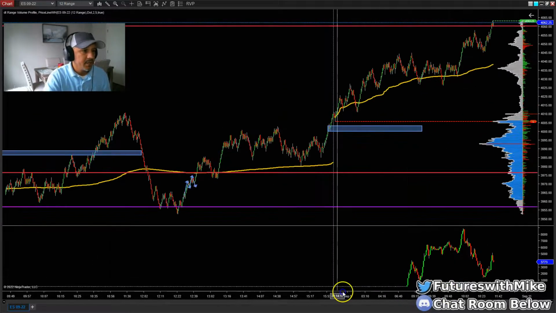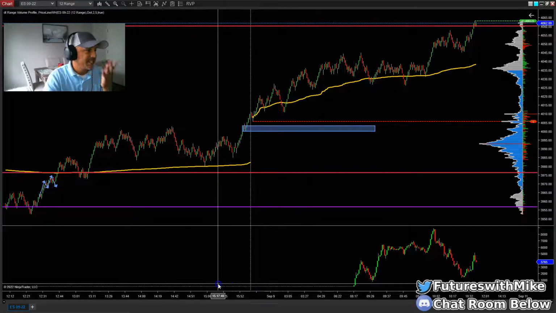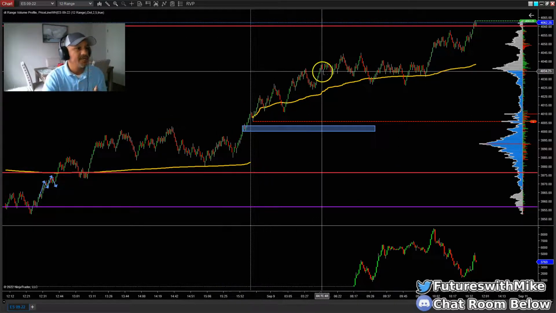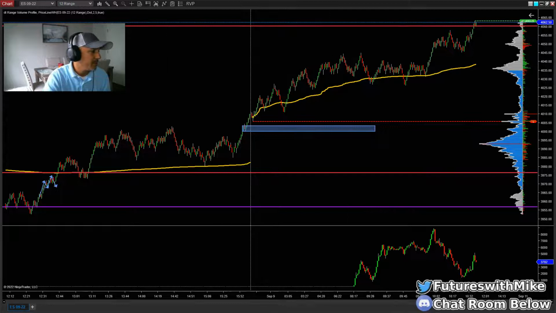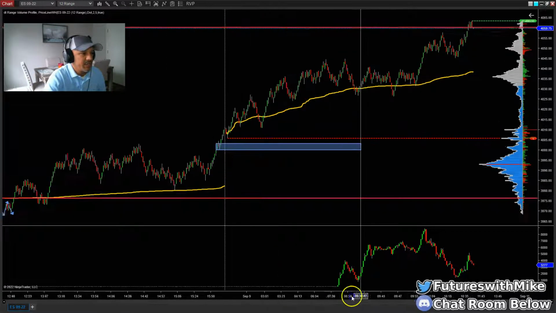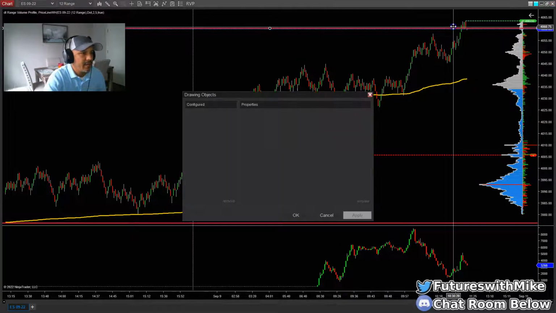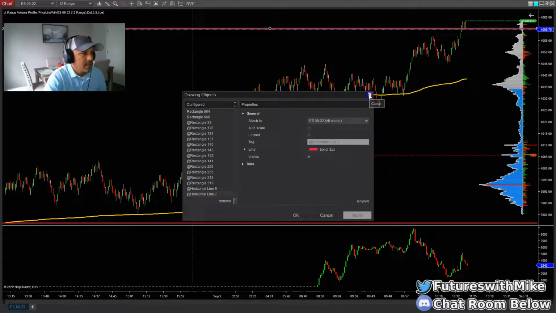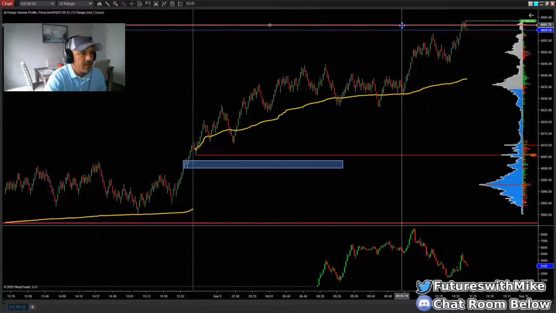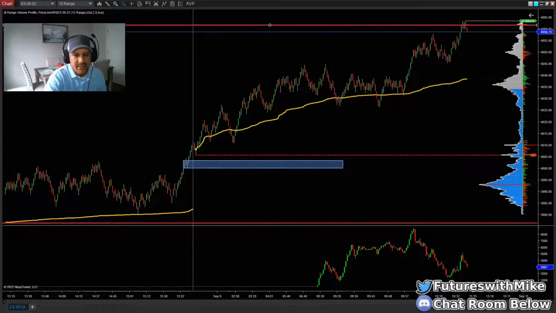All right, so right now, in just today's session, like I said, we've just been pushing to the upside all morning. Now what we see price doing right here is rejecting at that area. That red line is marking that area of supply that I just showed you off of the 60 range chart, and we're getting rejection right here. So we want to see rejection and then a pullback to be able to get into our entry, all right, or take a trade.